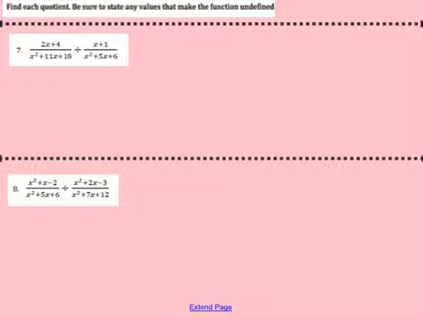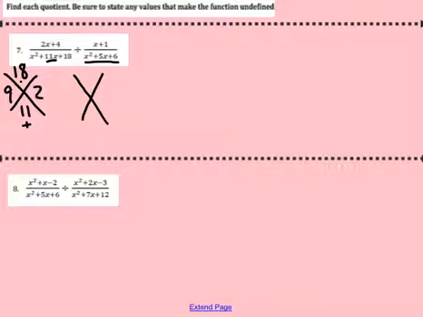Alright, 5 and 6, 7 and 8. Alright, so these are hodgepodge stuff. Looking at this first one, I would see that this middle is 11 and 18. 9 and 2 multiplied to get 18, add to be 11. Alright, this one here, I'll do it in a different color for you, so you know